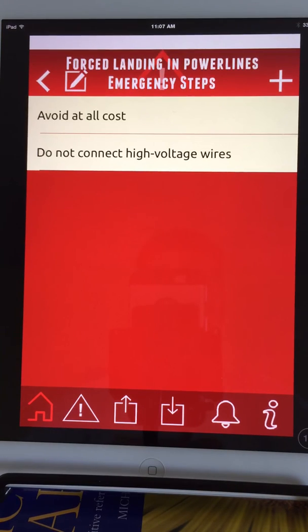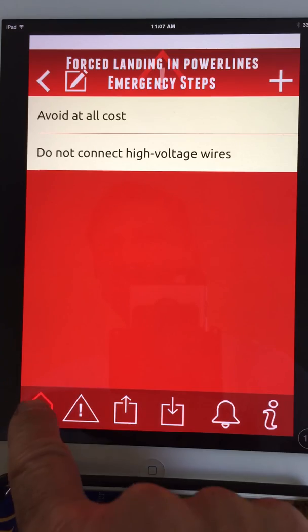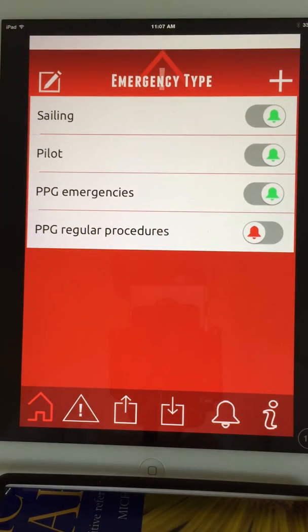Now we can probably add more steps. This is pretty rudimentary, but this is just to explain to people how this works. So I hope you enjoyed this little presentation. I think every PPG pilot should have this app, should have the procedures, and practice. If you see this once a day, or, in my case, as you see, I have